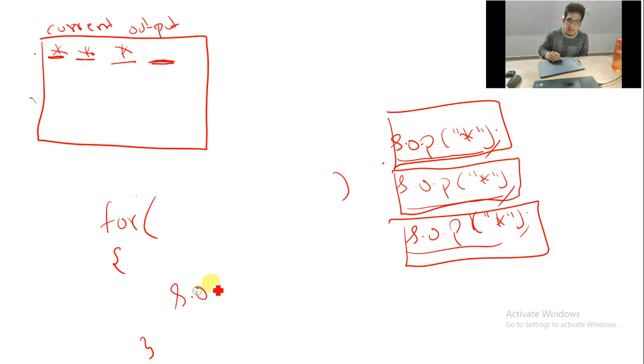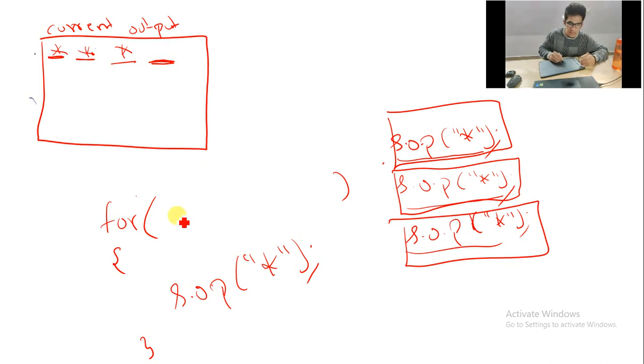So it is system.out.print, what will I tell? Star. Now, how many times I have to print this star is the question. Now don't think it is 3 times. And I told you yesterday, whenever you want to print it 3 times, you should start from 0 and tell less than 3.